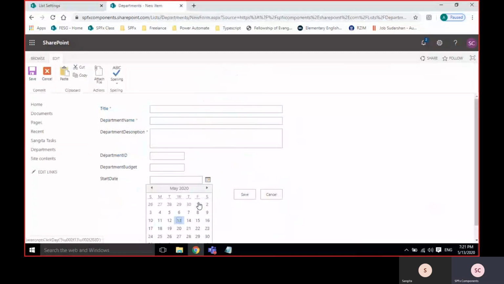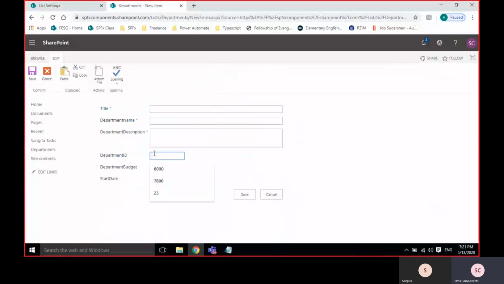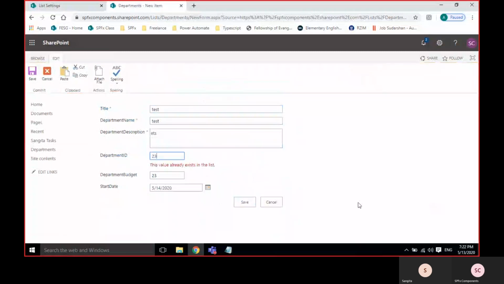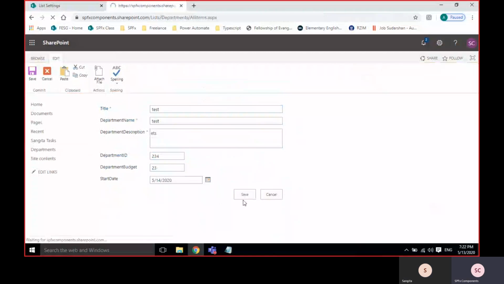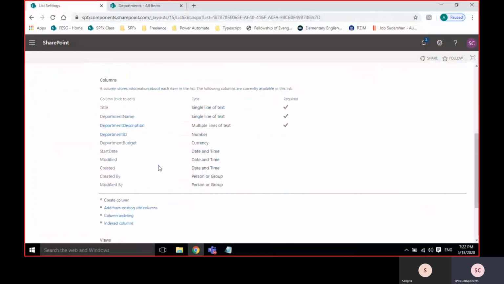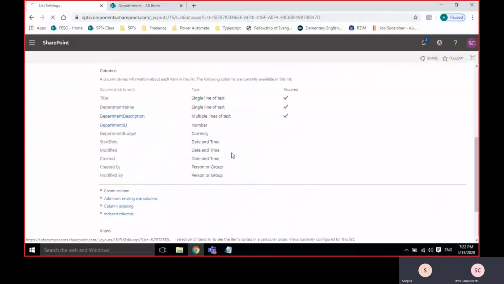See here, I'm getting only date. I gave unique current. So see here, the date is coming. If you want to change the format,